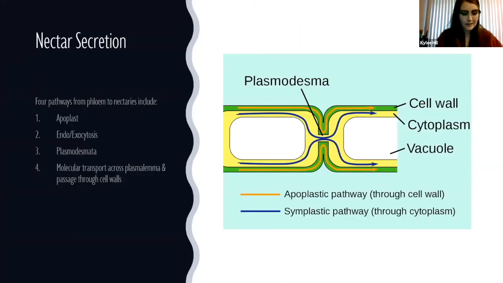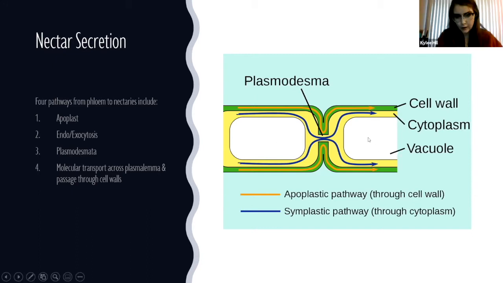And so how is nectar secreted? From the phloem, pre-nectar will enter the parenchymatous cells of the nectaries by four pathways. This includes entry through the apoplast, and this is through the cell wall. You can see this here with this orange line going through the cell wall. It may also be through endocytosis or exocytosis, which involves the transport of vesicles containing the compounds within the pre-nectar. And this